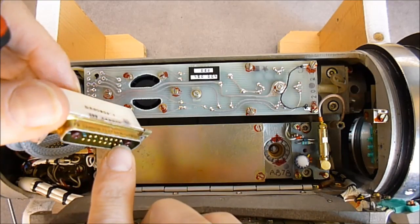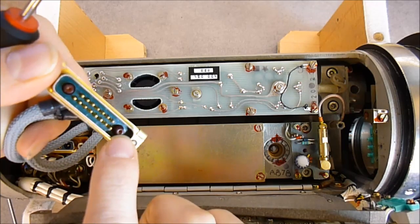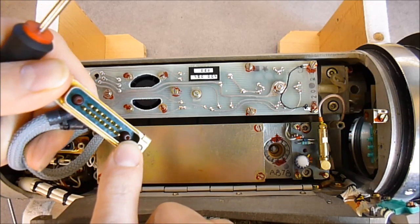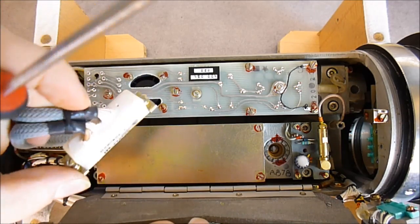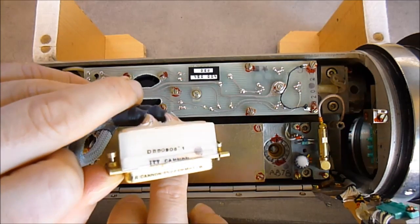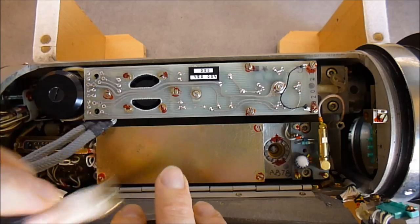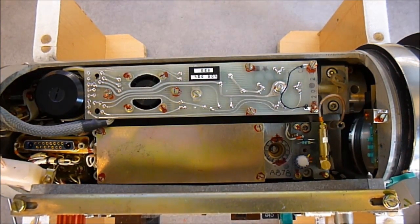coax. Probably for high voltage. Looks like coax, but there's just one connector in the middle. So in fact they are heavy duty insulators. You can see the wiring made by Canon, ATT Canon. And it seems now I can just